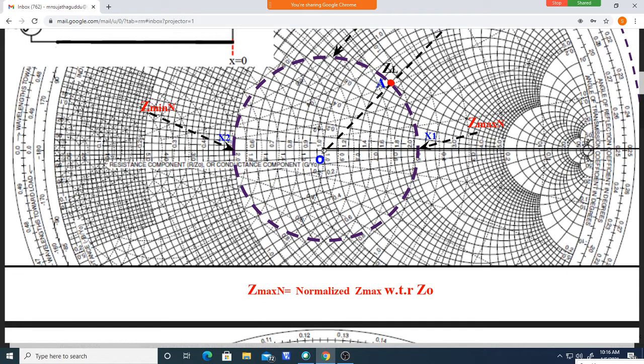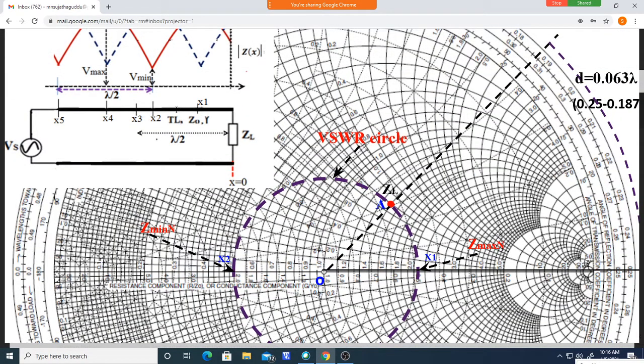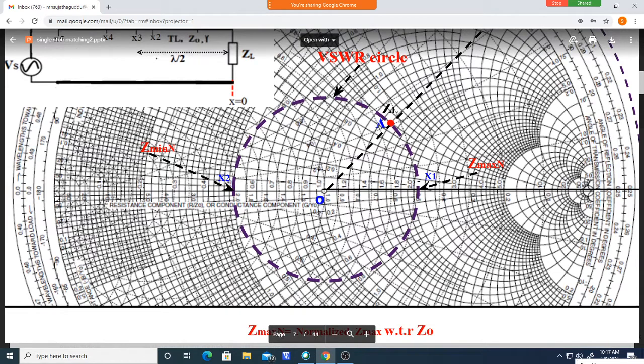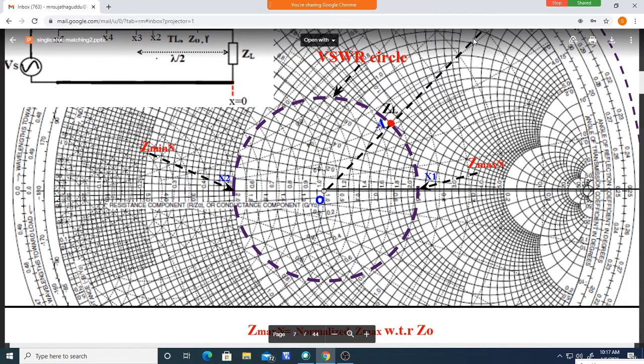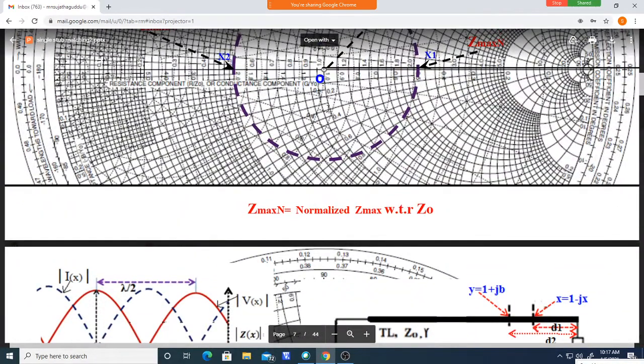At that point, the real part of the impedance is 50 ohm and X may be plus or minus some value. You can find out at what distance the real part of the impedance is 50 ohm. So the impedance changes, but at some position the real part becomes 50 ohm. We can come to know that from the Smith chart. To find the distance, you draw a line through this point to cut the wavelength scale, and measure the distance from here to wherever it intersects here.